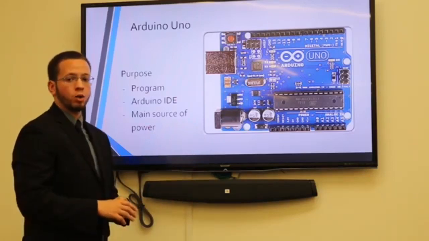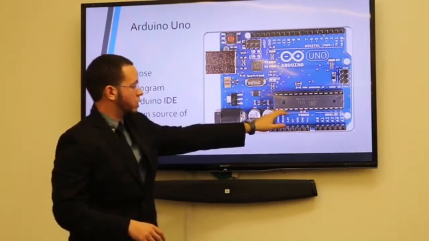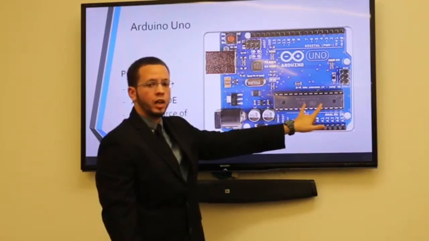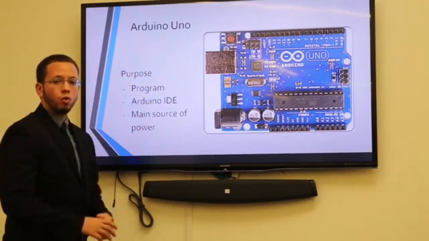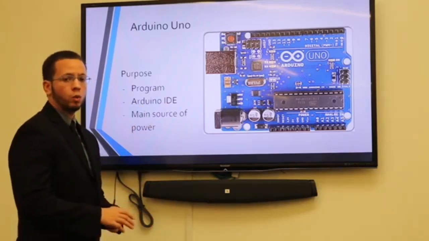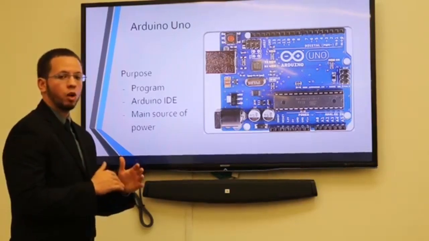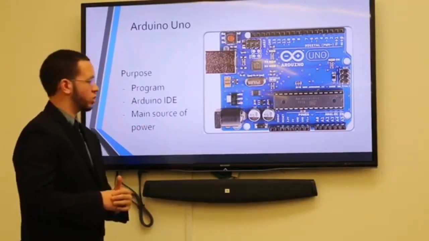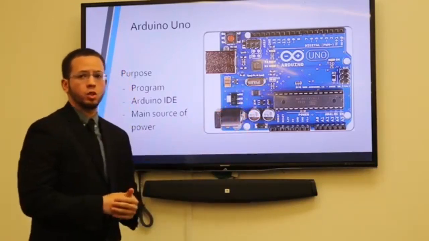As stated earlier, this is my Arduino Uno. This Arduino Uno obviously has a lot of components on it, but this is the main circuit that we will be using. This integrated circuit will be manipulated and used through the Arduino IDE. Its purpose is to run a program, and that program will be written in the Arduino language. This is the most basic and lowest level of code needed for this project to run. It'll also be our main source of power, because it has a 5-volt outlet and also a power switch that is needed to turn on the system.